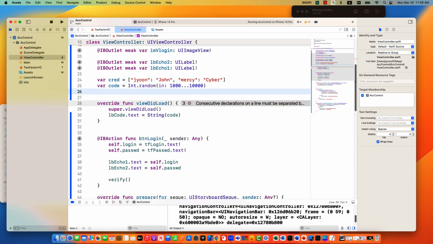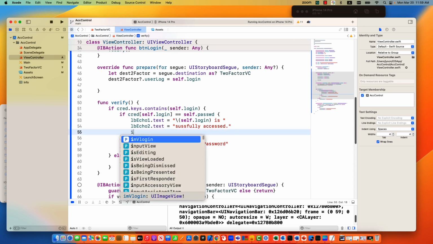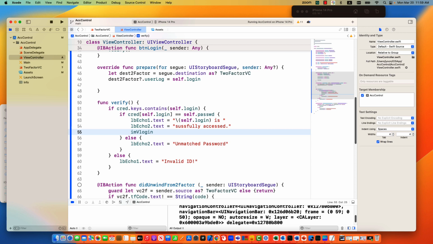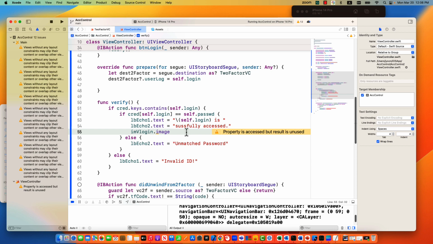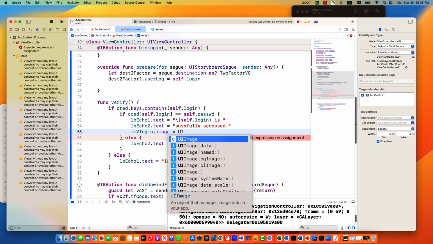I would say here image will be login dot image. I think we need to do here should be UIImage. Let's see, UIImage